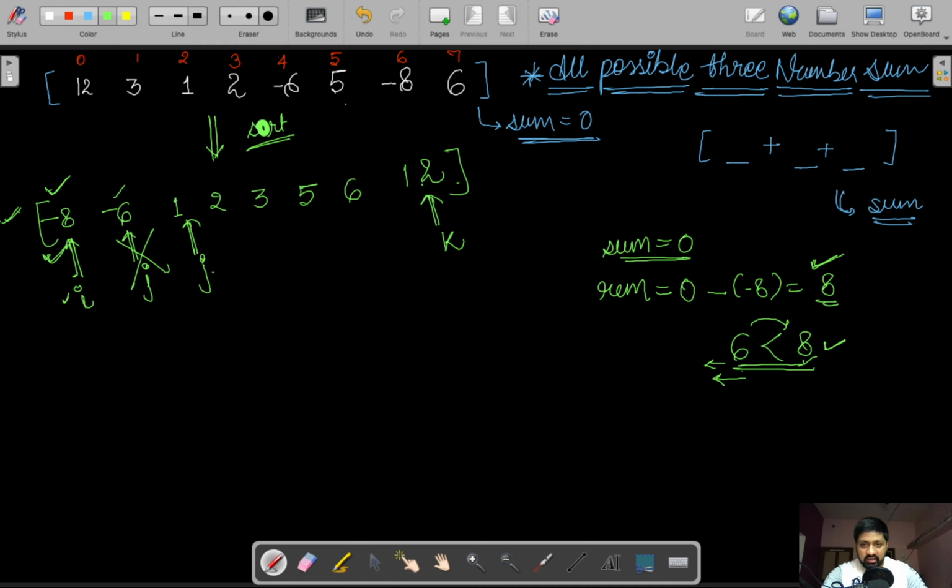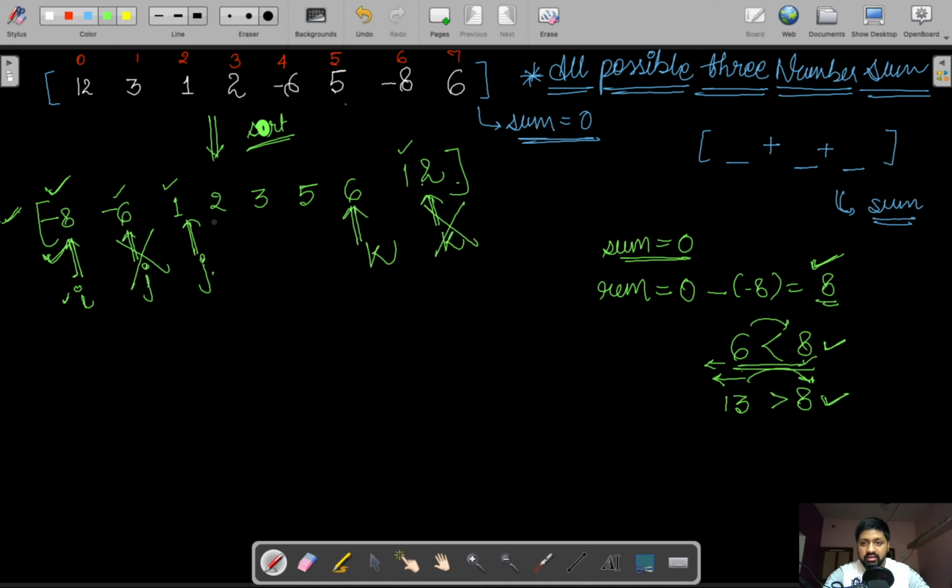So we increment j and again sum up these two numbers, 12 plus 1, which sums up to 13. In this case it is greater than 8, so it exceeds our remaining sum. So we need to decrement our k.